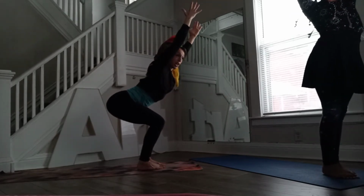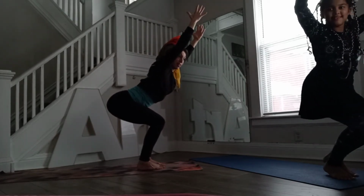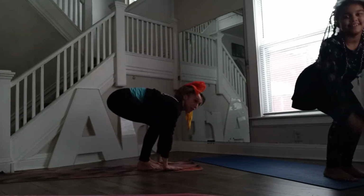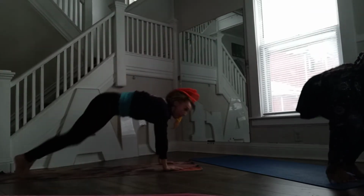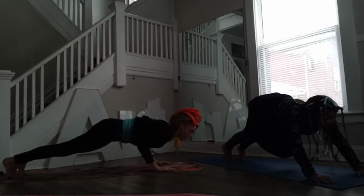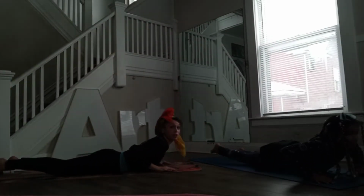We call this chair pose. So it's like you're sitting in a big chair. Yeah, so sit back. Good. Now bring your hands all the way to the ground, and then jump back. Can you jump back into a plank? Good, very nice. Now on your plank, lower all the way to your belly, and we're gonna do